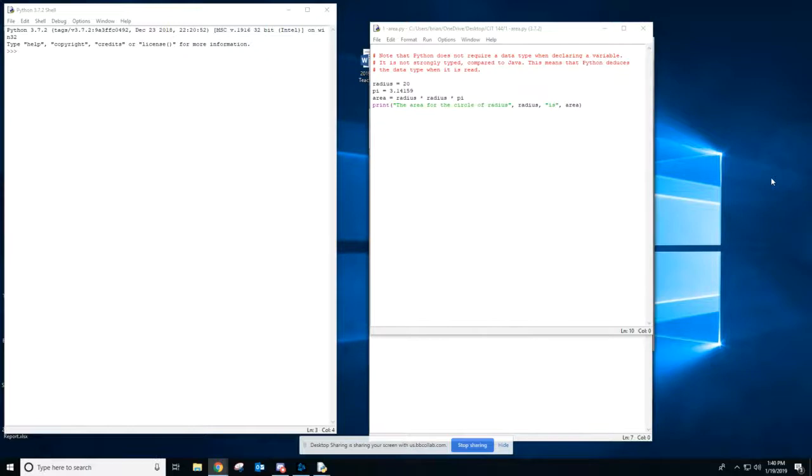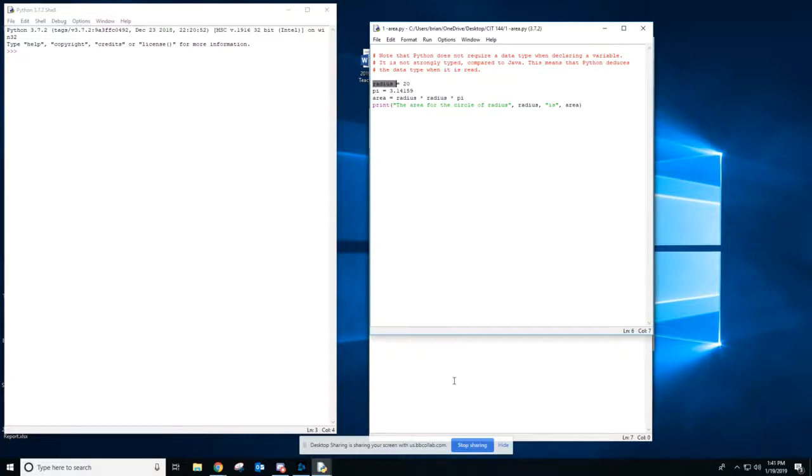And so for this, it walks you through a basic creation of a program that allows you to calculate the area of a circle. And we know that the area of the circle is calculated by pi times the radius squared, so pi r squared. You've heard that before. And the best way to do this is you can create a variable, and a variable is a way for us to store information into a reserved